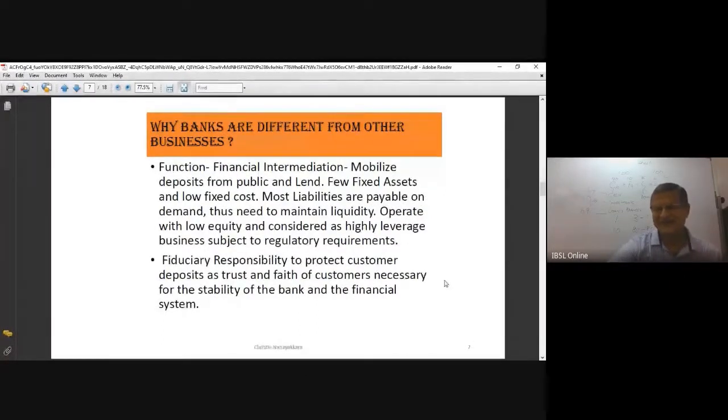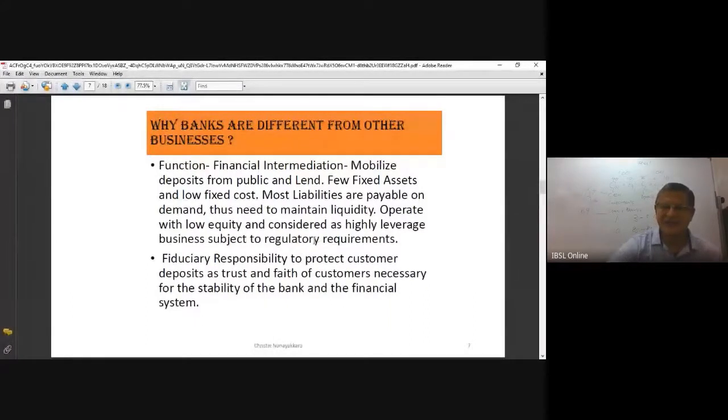But you know, banks are highly regulated. Central banks give a lot of directions and guidance on how we operate. As a result, the people who supply money to us, mainly depositors, have the confidence in making their deposits in banks so that we could run our business. So one of the major differences between a normal business and a banking business is that we are highly leveraged.